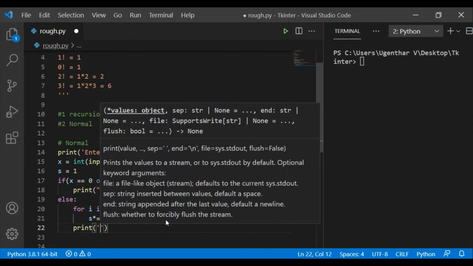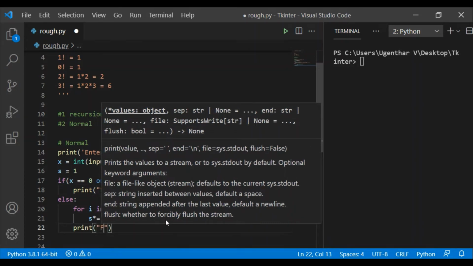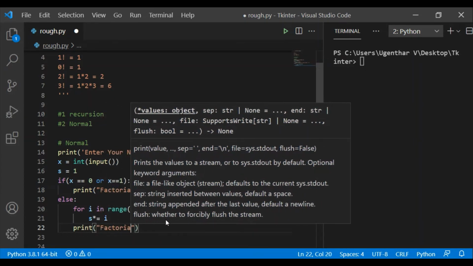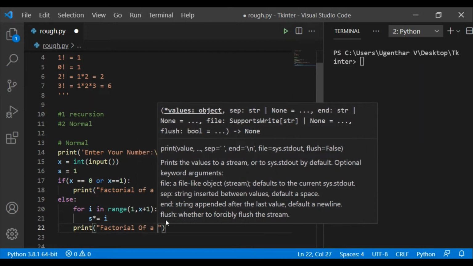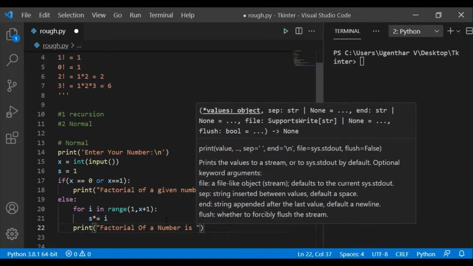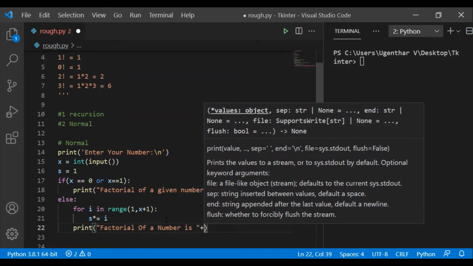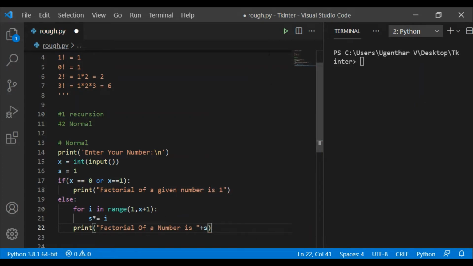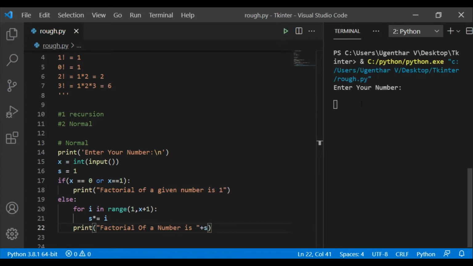Print "factorial of a number is" plus s. If we run the code, let me give 2.